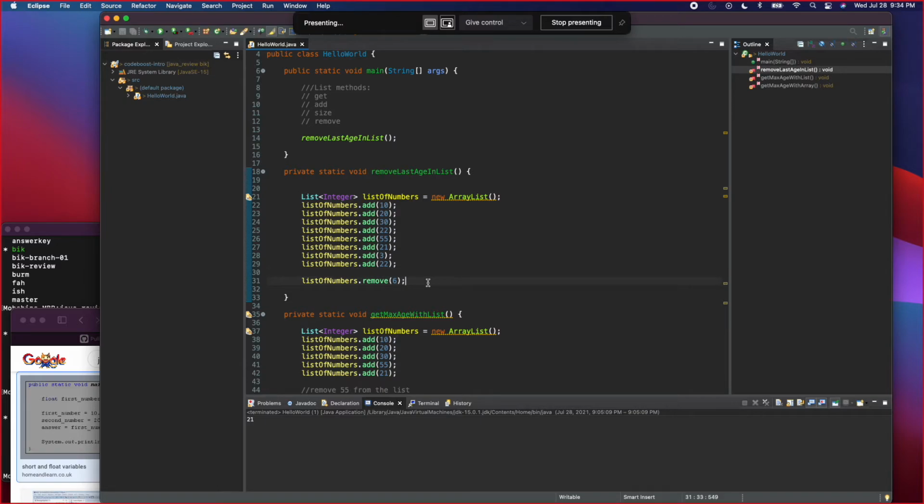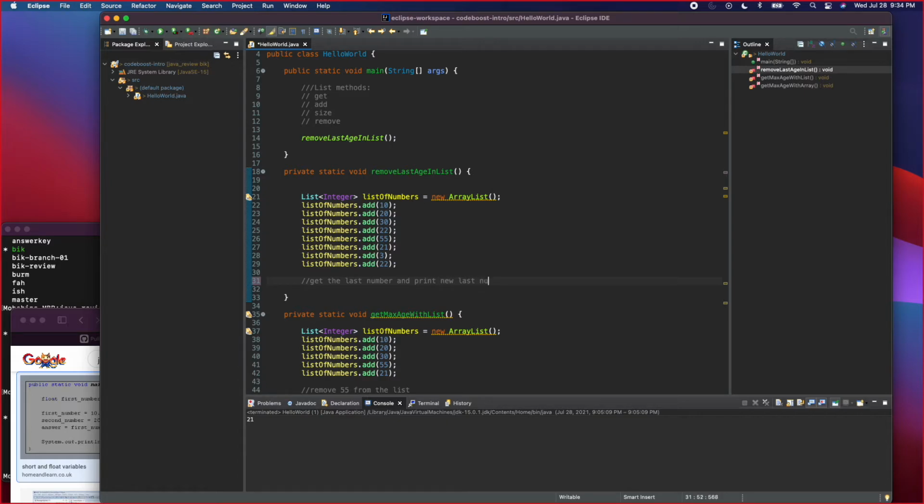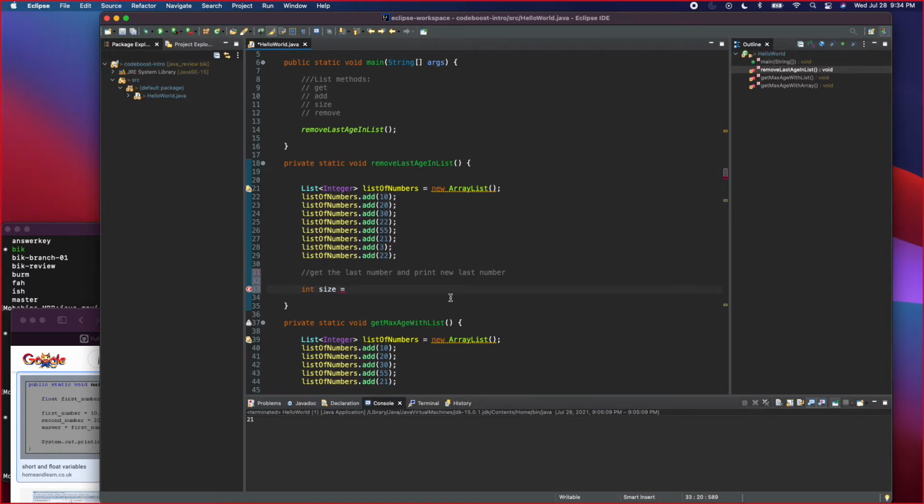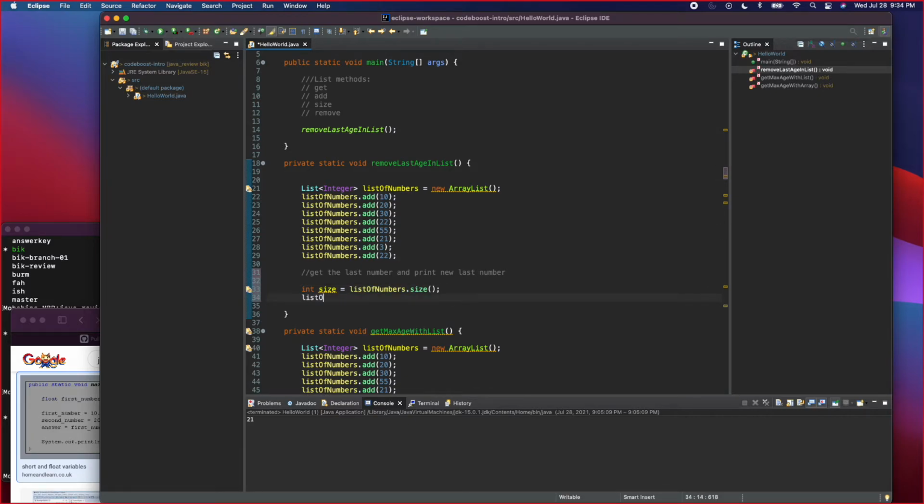All right, so this was Fast's solution. So ultimately, let me just remind myself, get the last number and print the new last number. Right, so this is exactly what Fast did. So he took, and just correct me if I'm wrong, Fast, the size of the list of numbers, right? So you got the size here, and then he removed size -1